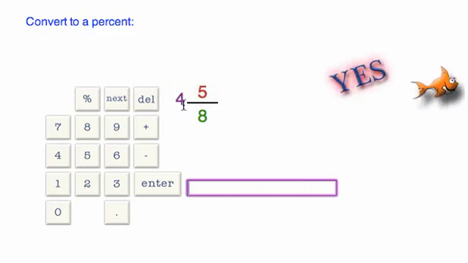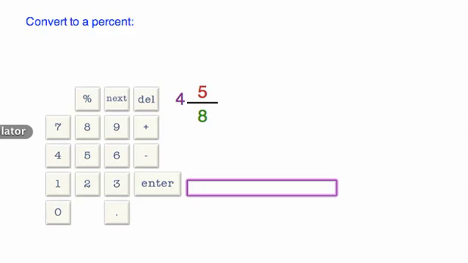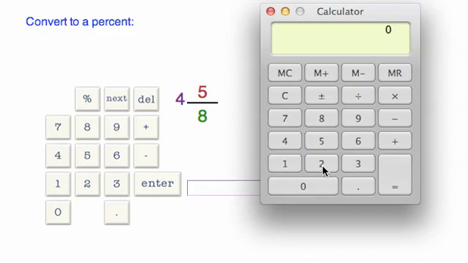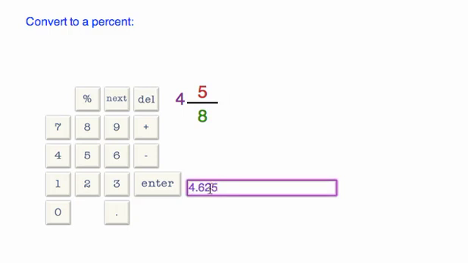Okay, this one's a little bit more complicated because you have a whole number. But once again, read it out loud. This is 4 and 5/8. So 4 added to 5 divided by 8. That's it as a decimal. We want to convert that to a percent, so we're going to multiply by 100. Just move the decimal place two places to the right. And so I'm going to get